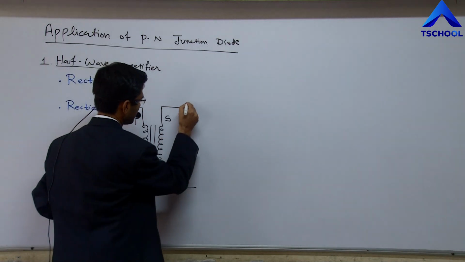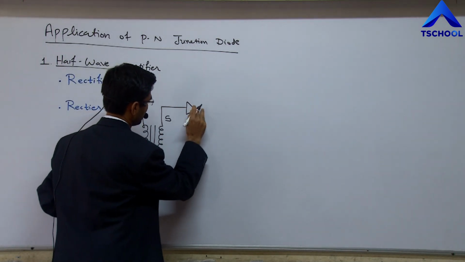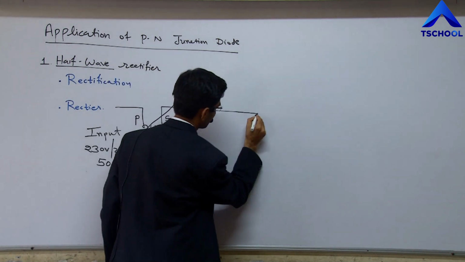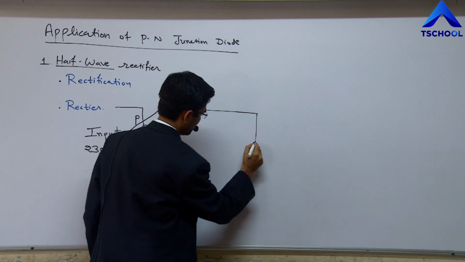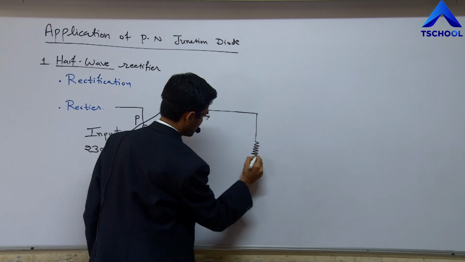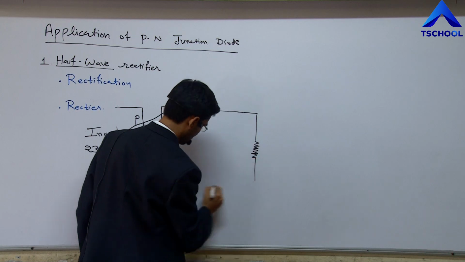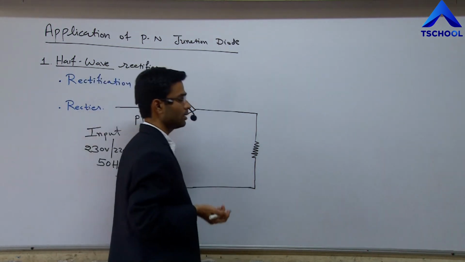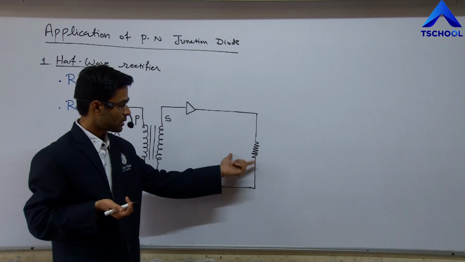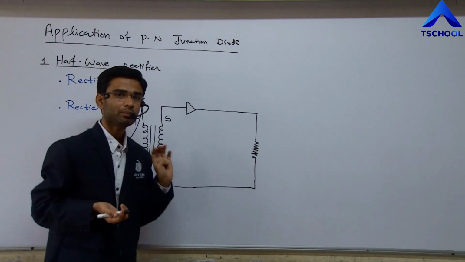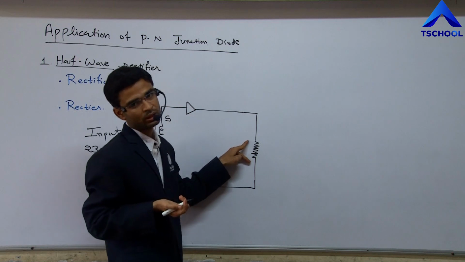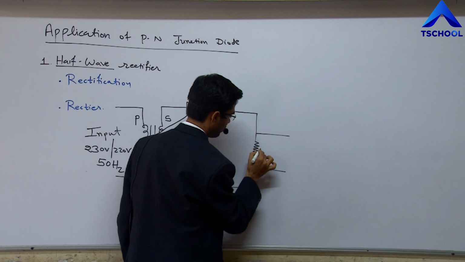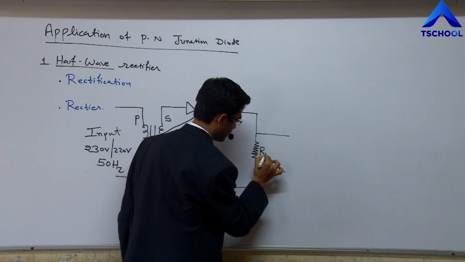At the output side, we connect the PN junction diode. Now here the load resistor, from which we can take the output. As an example of a load resistor, suppose we connect a simple bulb; a bulb is one type of load. From that we can take the output. The load resistor is represented by capital R L.